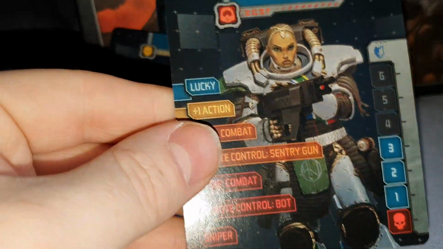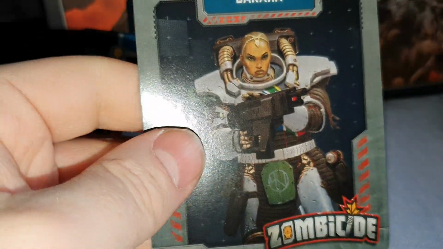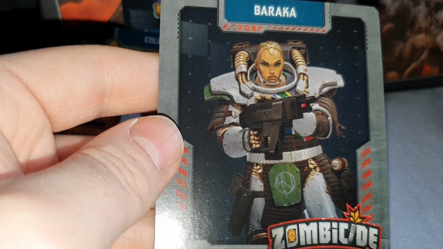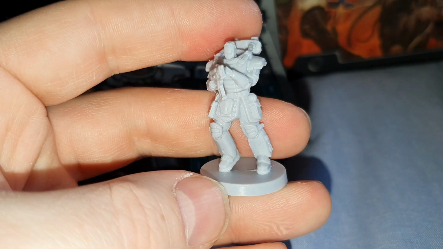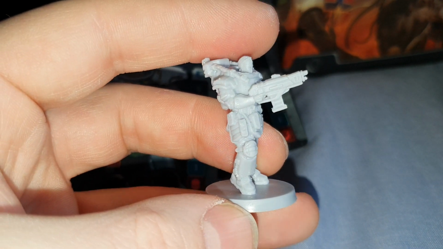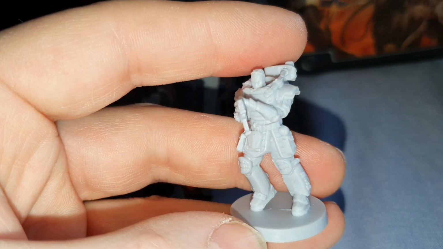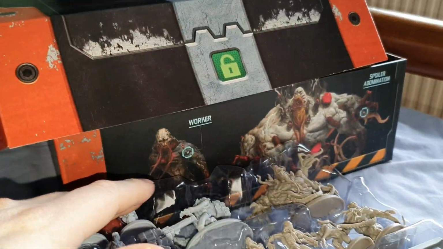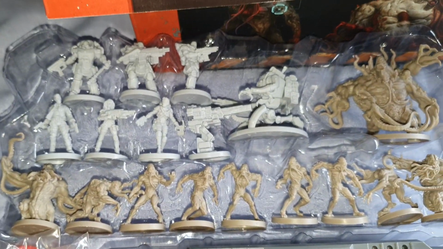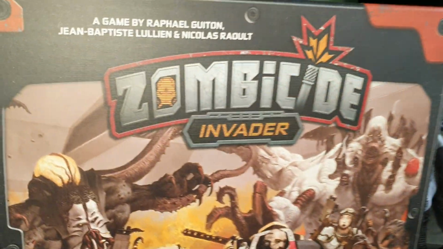And the final one is Baraka. And here she is. And this is what this tray looks like. So yeah, there you go. That's the actual base game